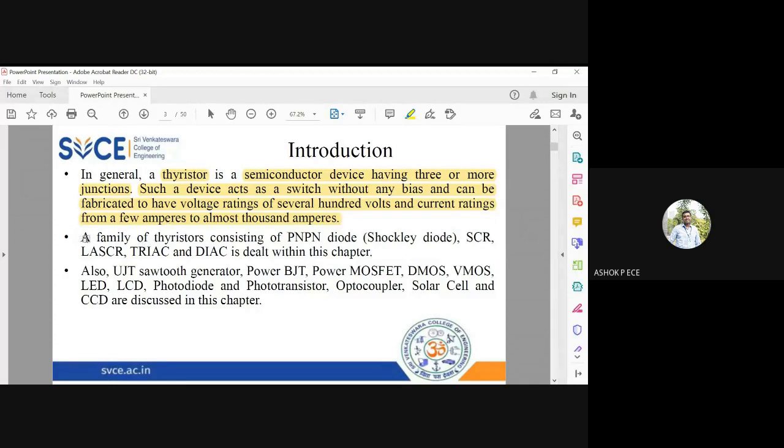Such a family of thyristors is what we are going to read in this chapter, and we are going to read about the PNPN diode. We are going to read about Shockley diode, SCR, LASCR, triac, and diac in this chapter. And we are also going to study all the other devices, which are UJT, uni-junction transistor, power BJT, power MOSFET, DMOS, VMOS, LED, LCD, photodiode, phototransistor, optocoupler, solar cell, and CCD. So all these are discussed in this